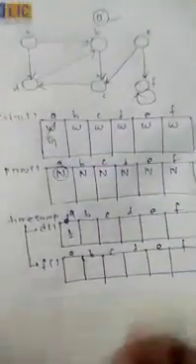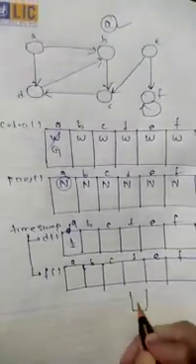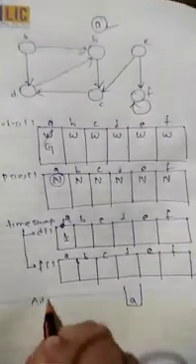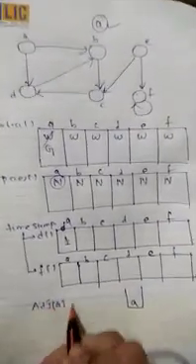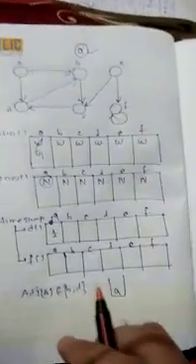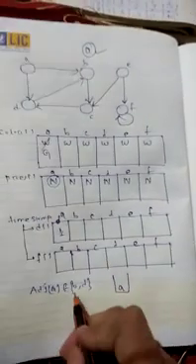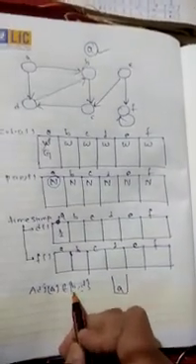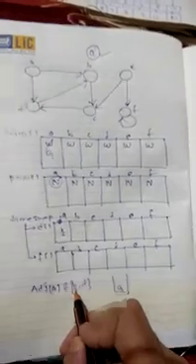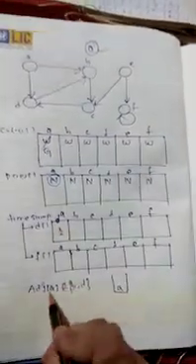A is already discovered, so we enter it into the stack and calculate the adjacent of A. In this directed graph, the adjacent is B and D. As it is a DFS traversal, we take any one adjacent vertex. Suppose I am first taking B. B is undiscovered, so by using A, we discover B.